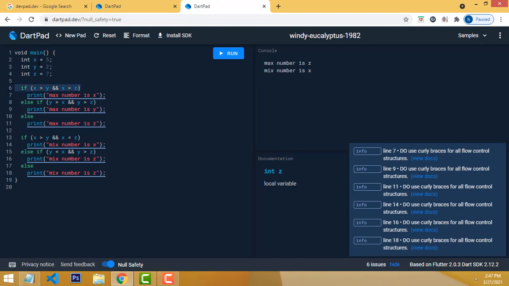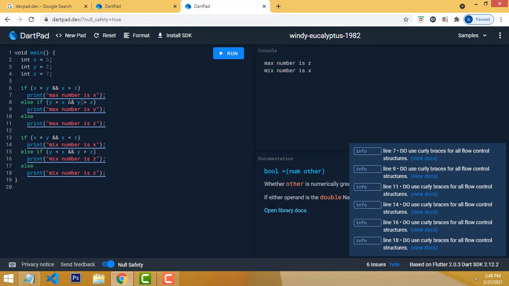X is never greater than Z. Z is the maximum value, so this condition is false. Again you check another condition: Y is greater than X, but Y is not greater than X. This is false, because the AND operator works only when both conditions are true.